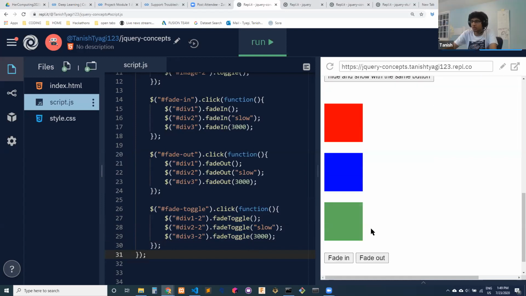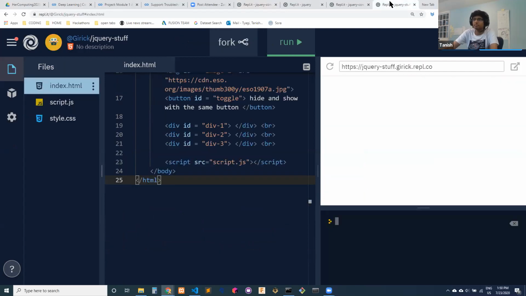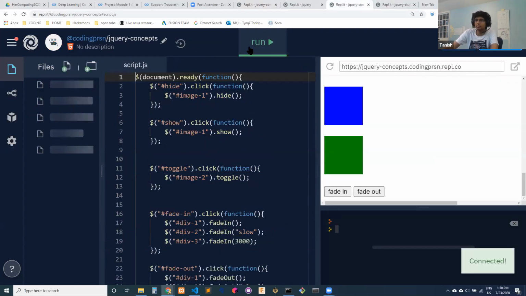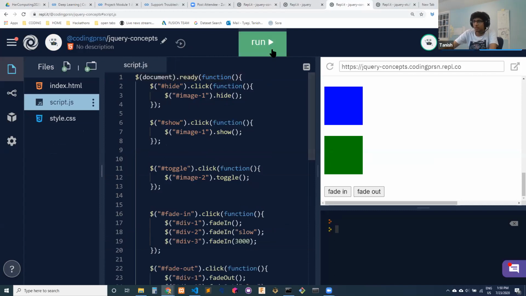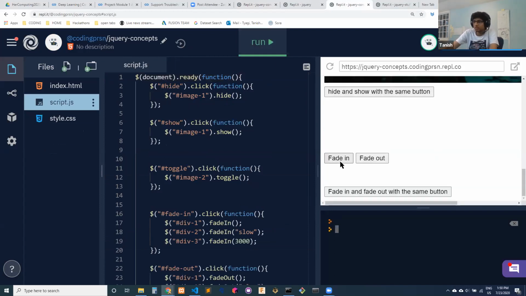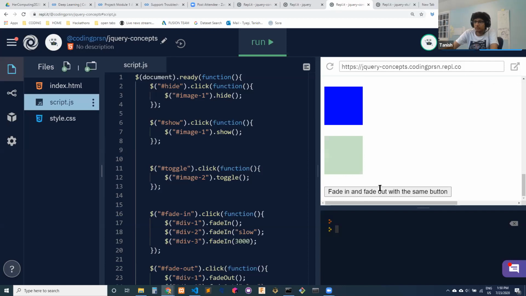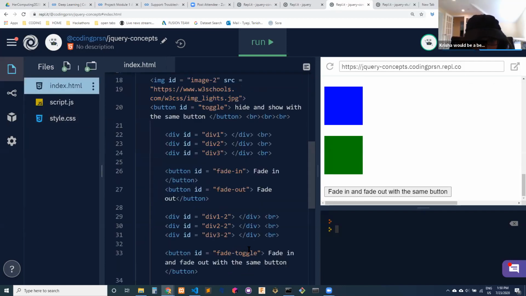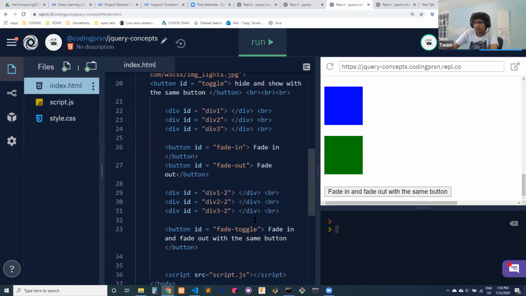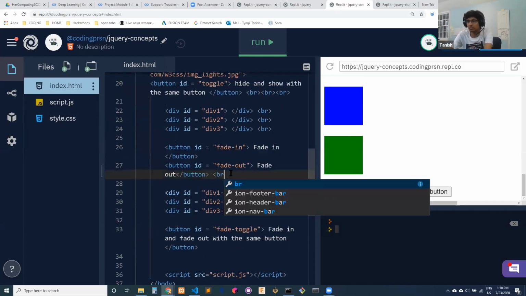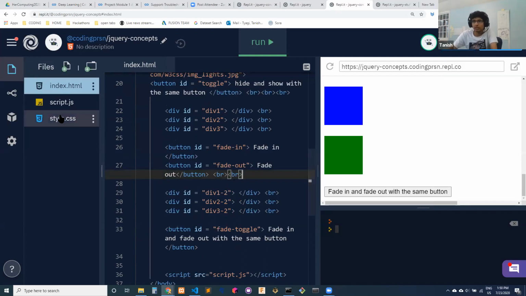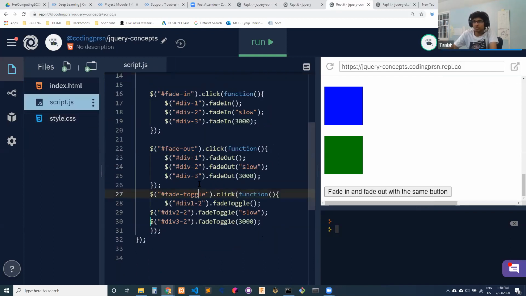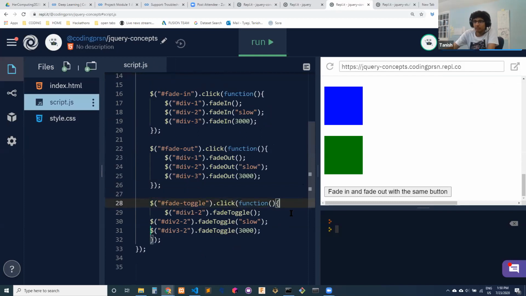Let's see here. Mine just worked. Let me just see here. Okay, let me go to your coding REPL. Run your code. Wait a minute. We just go look at your HTML. Your fade in, we have the breaks. Okie dokie. So here you have fade toggle dot click function. Div 1 dash